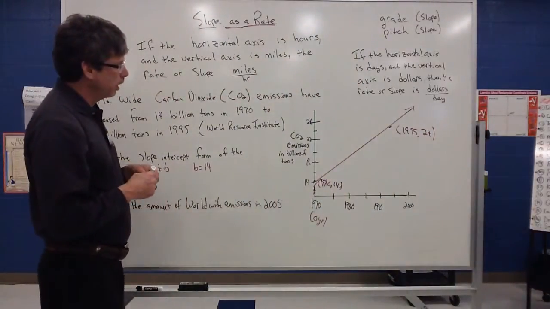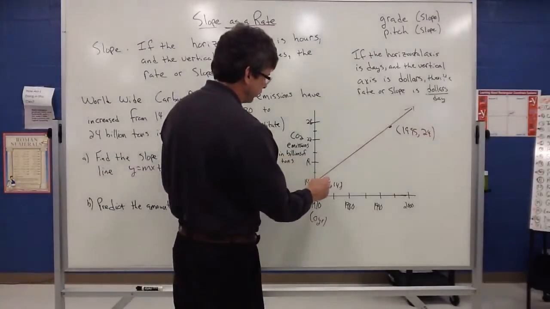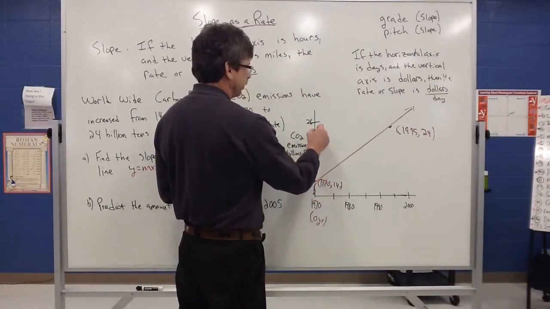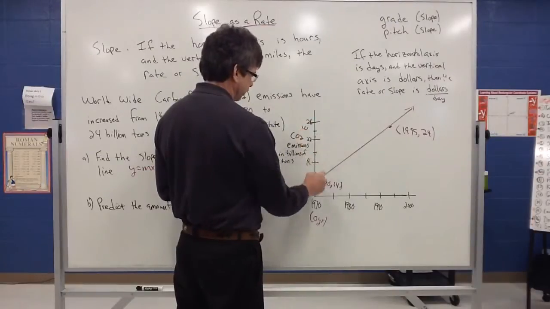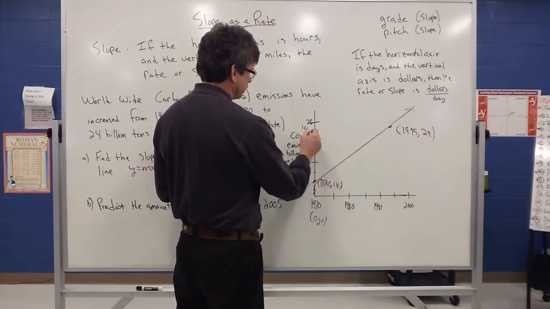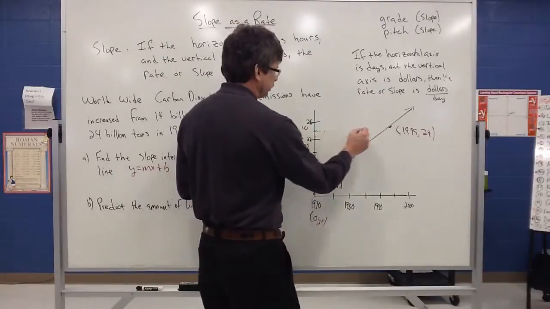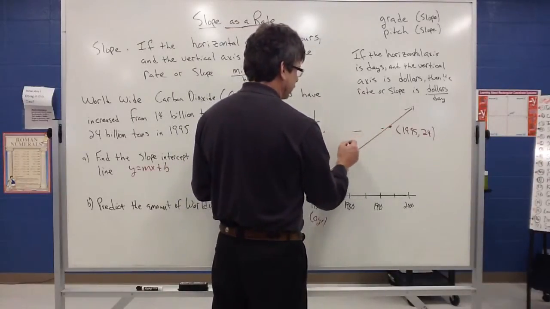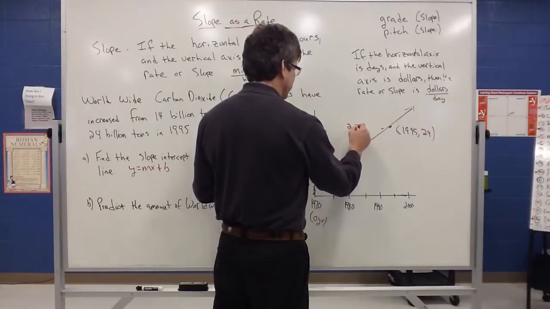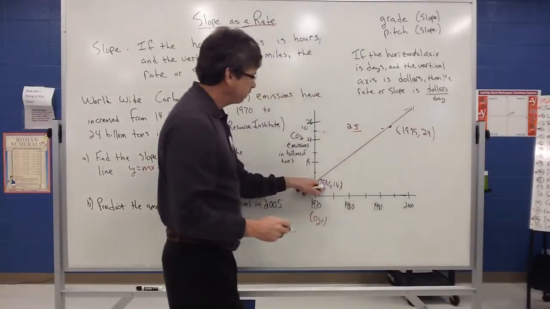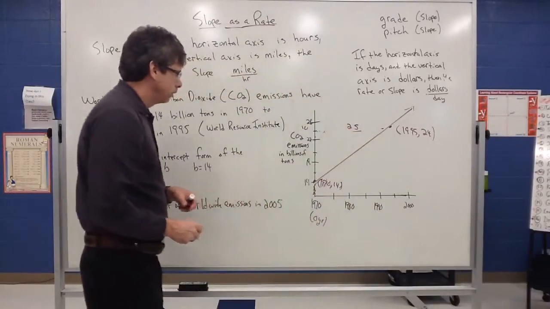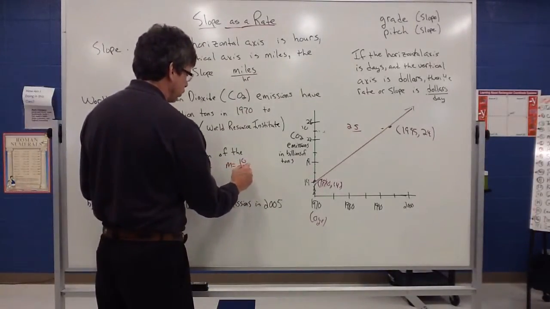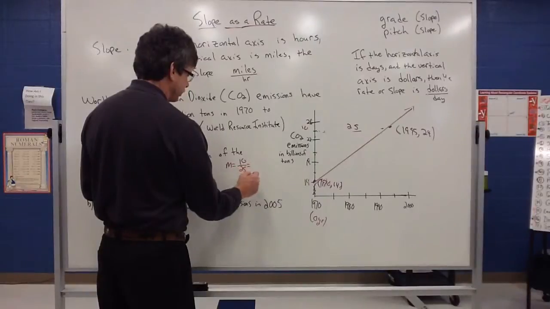So what we do is find our change in y and change in x. So if it went from 14 up to 24, that looks like a change of 10. So 2, 4, 6, 8, 10. And then it has to run over to that spot. So that's from 1970 to 1995. That looks like a 25-year span. From 70 to 95. So it looks like my slope is going to be 10 over 25, which would be,